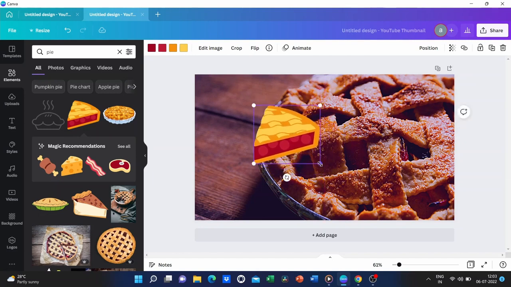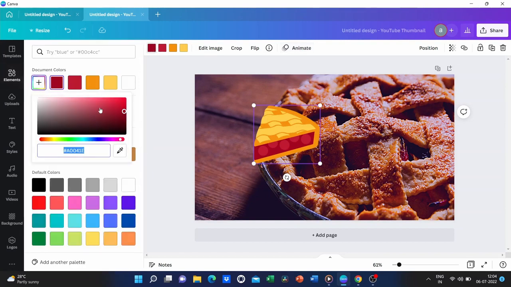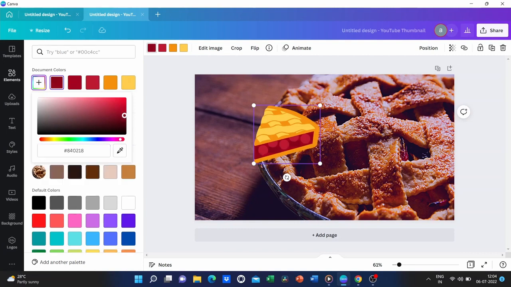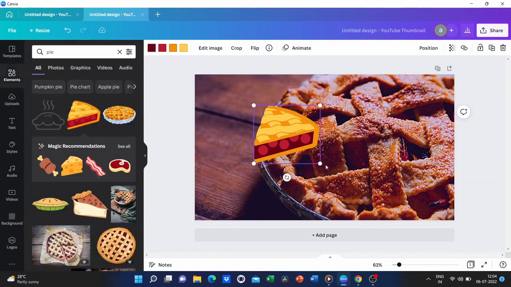And because this is a Canva element, now if I look at my top editing toolbar, I can actually modify the different colors of the Pi. So if I was making a darker Pi, I could go to the color over here. And I could go to new color and make it even darker. And so, this is a very easy way to edit images and elements already inside of Canva.